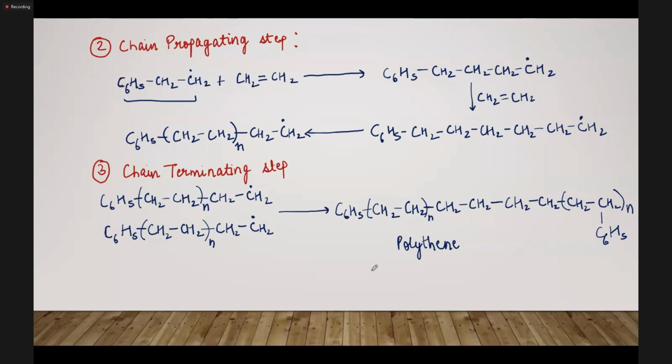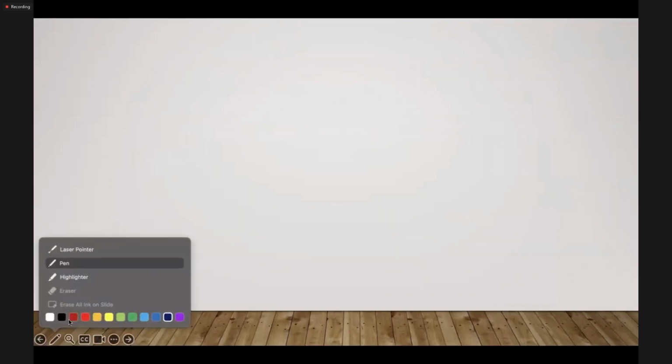I'll write it down in the next page. This is one example where Buna S, which is a kind of synthetic rubber, is formed by the polymerization of buta-1,3-diene, which is unsaturated because it is a diene, and styrene. Both of these compounds have double bonds. They are unsaturated compounds, and they follow addition polymerization to form Buna S. So this Buna S is a copolymer. ठीक है, तो इसका भी एक एग्जाम्पल देख लेते हैं।